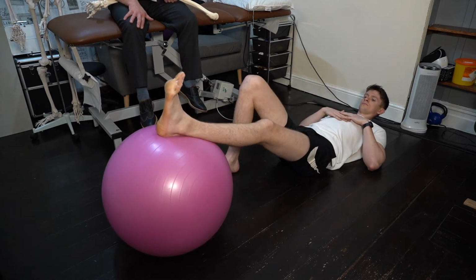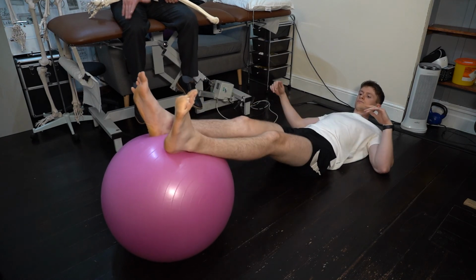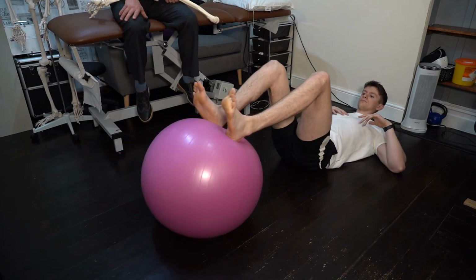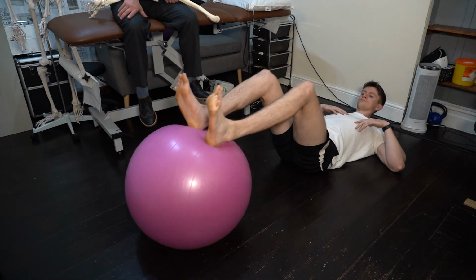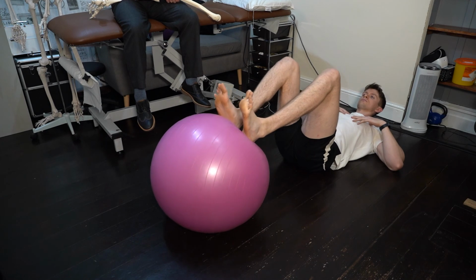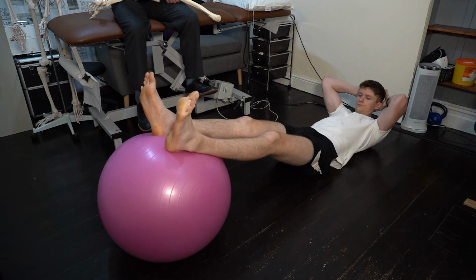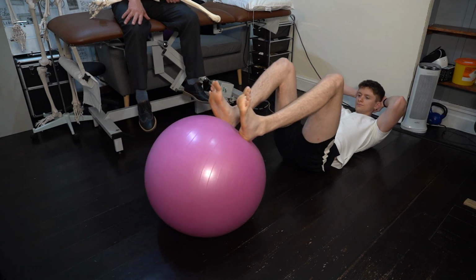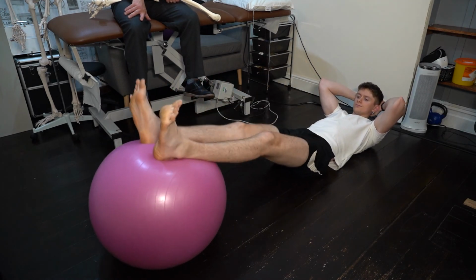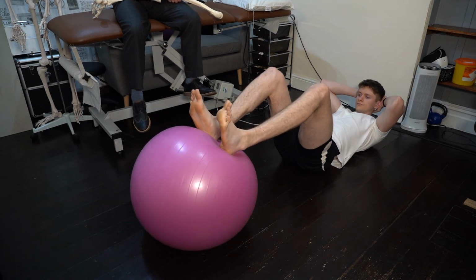From there, we can do it with 2 legs on the ball. So you put 2 legs on the ball, make it progressively harder, bring the heel back to the bum, and out again. And to eccentrically load it, we could go fast up, and slowly back. So this is eccentrically, so under load, or slow up for 5 seconds and fast back. We can chuck in some isometrics, so if you go up again and then halfway push back,